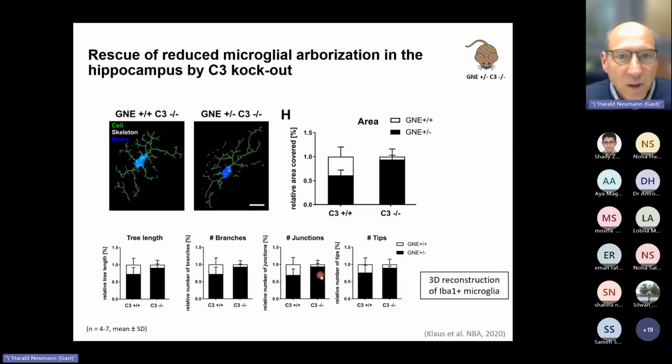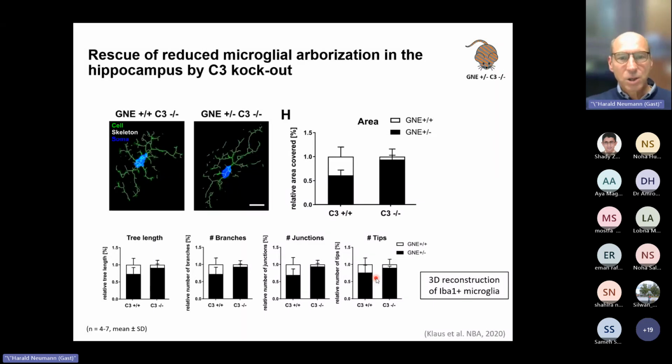So this reduced arborization of the mice was reverted if we have no complement factor C3. This is the wild type situation. Here is the gene E heterozygous in black. And then we have the complement knockout. So it's coming back again: the tree length, the branch number, the junctions, and the tips. So telling us, yes, there is an involvement of complement factor C3 in the whole neurodegeneration